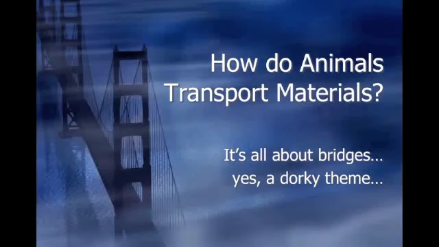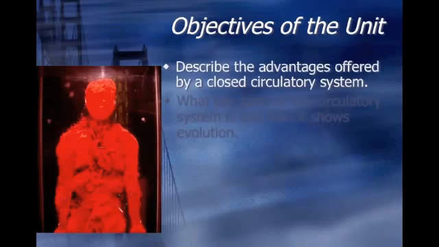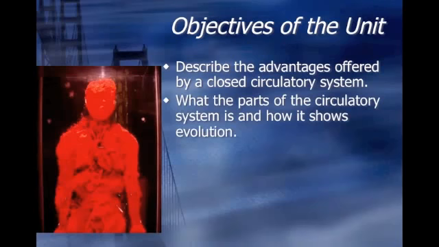This video is about how animals transport materials throughout their body, generally what is known as the circulatory system, which bridges the gaps between everything in your body. So the objectives of the unit are to describe the advantages offered by a closed circulatory system, as well as explaining what an open versus closed circulatory system is, and what the parts of the circulatory system are, and how